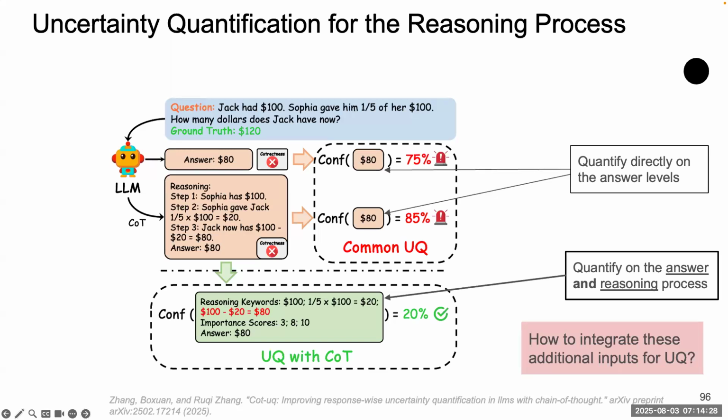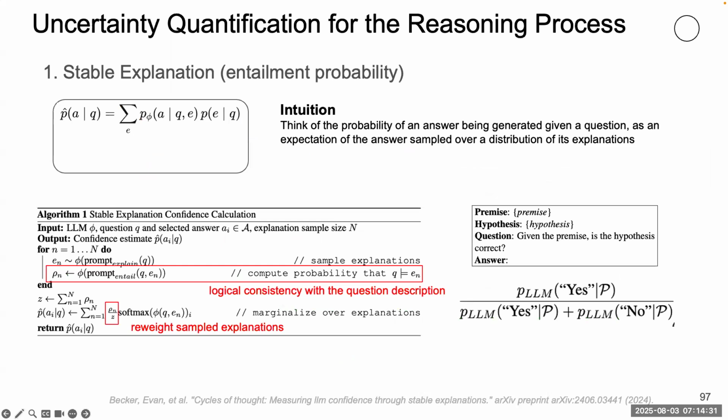So the next question would be how can we evaluate the uncertainty or diversity of a paragraph? Simply sampling explanations, like I said before, is not enough. Some explanations, even though they are syntactically correct, are not logically stable or do not truly explain the data. So this paper extracts the